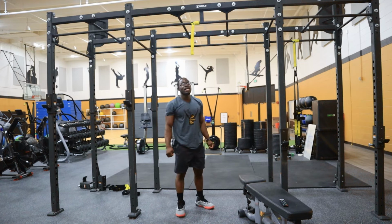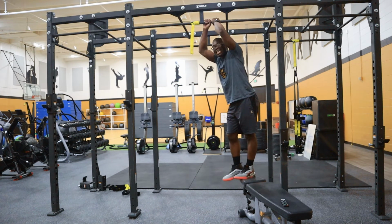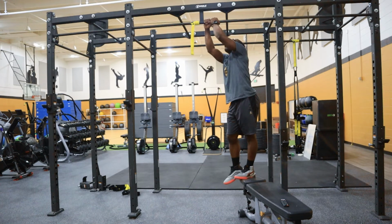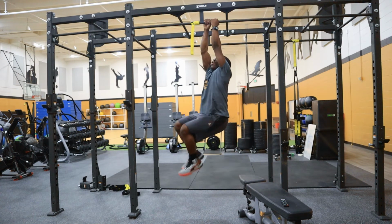Then for the end, you're just going to do opposite grip. We're going to do everything on the last 3 rounds. Last 3 rounds, opposite grip. So what you're going to do, you're just going to wrap your hand, wrap your thumb, down, hold